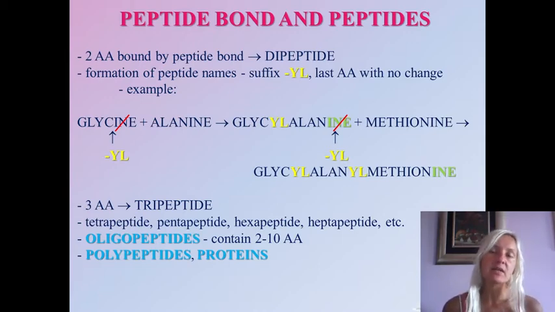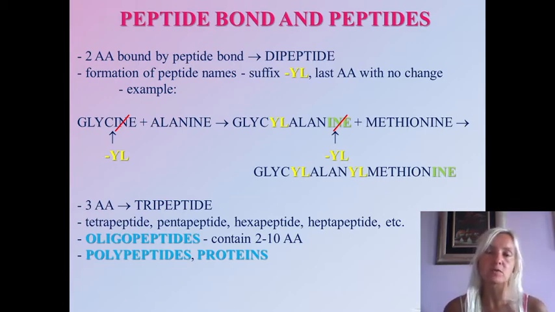That is a peptide containing from 2 to 10 amino acids. And by further polymerization, we get polypeptides, meaning more amino acids are attached with more peptide bonds formed, and finally